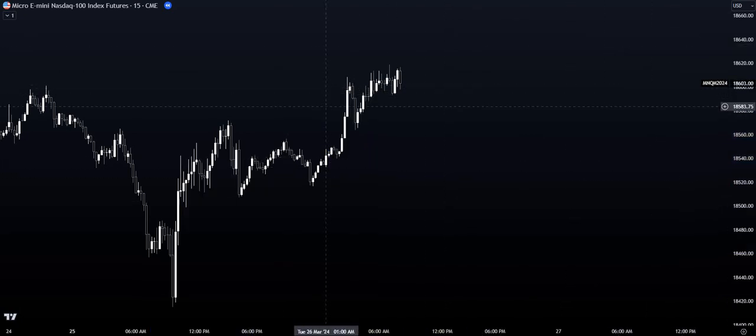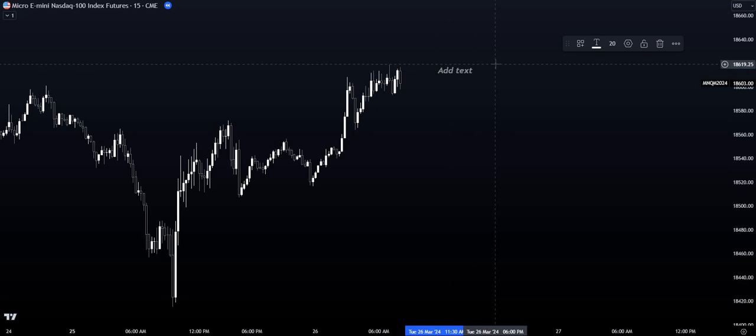Now, let's say you had $100,000, right? And remember our risk management rule: you want to risk 1%. If you risked 1% on those two trades, that means you would have been in a 2% drawdown. So, if 1% of $100,000 is $1,000, you would be down minus $2,000.